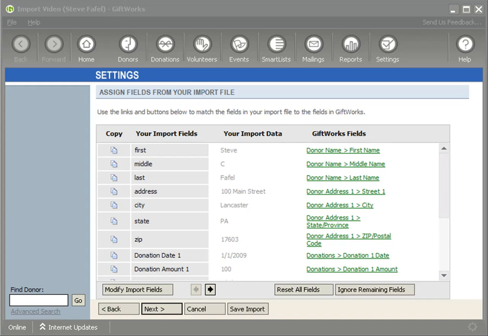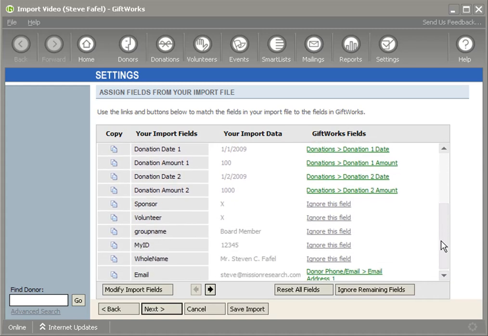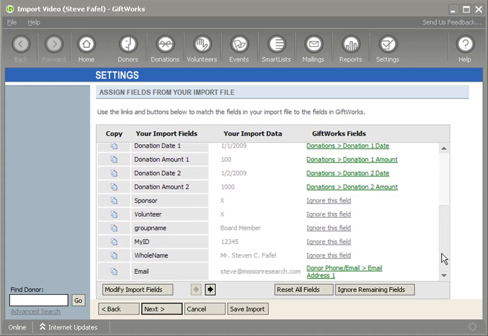To get started, you'll notice on my screen I'm doing an import, and I have a number of my fields already mapped. And in the previous video, in video 5 of the series, I showed you just some of the basics around mapping some of these fields, but we move on to some of the fields that I didn't address in that video that I want to address in this, and that will show you some of the more